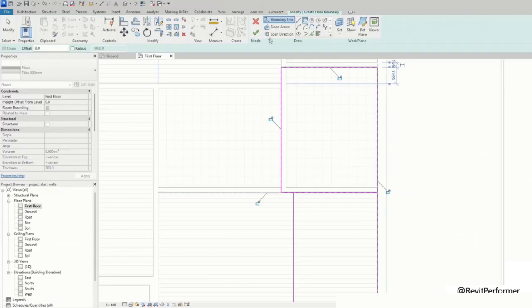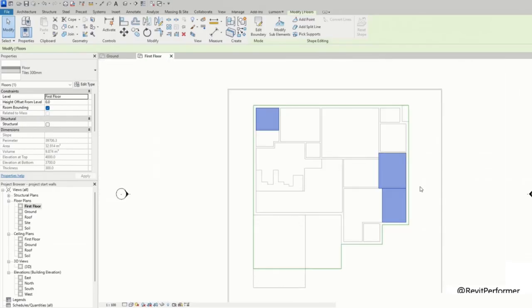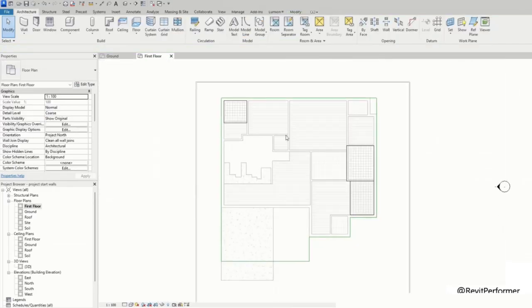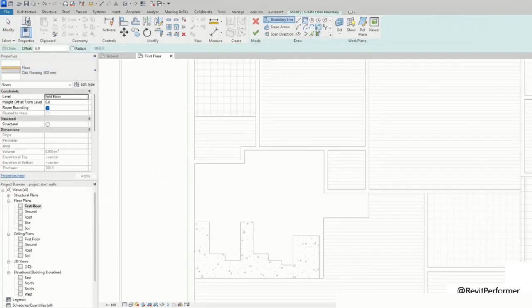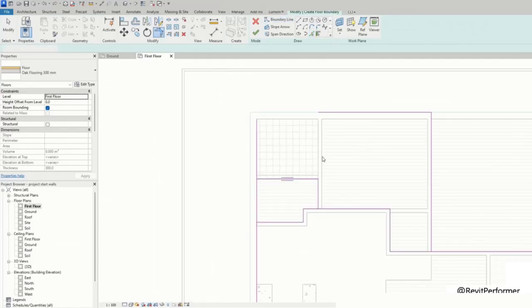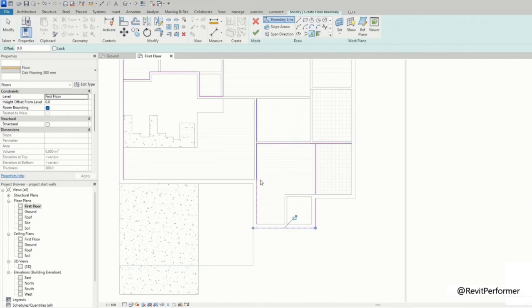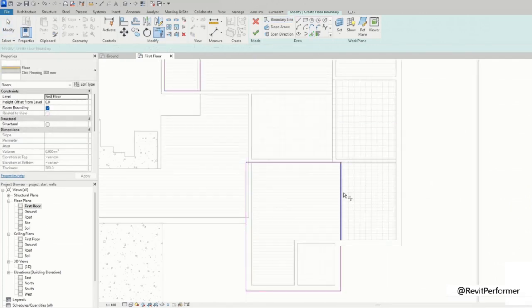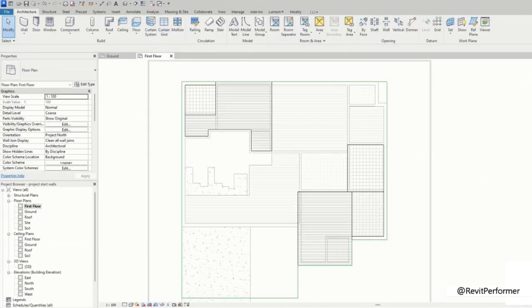You can either click attach or not attach. It's completely up to you. Now we're done with the bathrooms. I need some floor slabs now. I'll go for my floor again, and now I'll choose the oak flooring, and I'll draw out my floors. Then I'll use pick. You just need to pick all the lines and you're good to go then. And that's it. Okay, oh, actually, there's one still left.